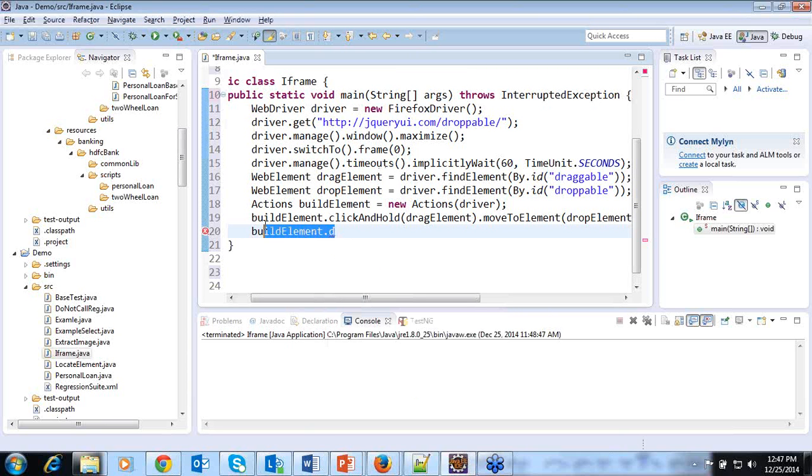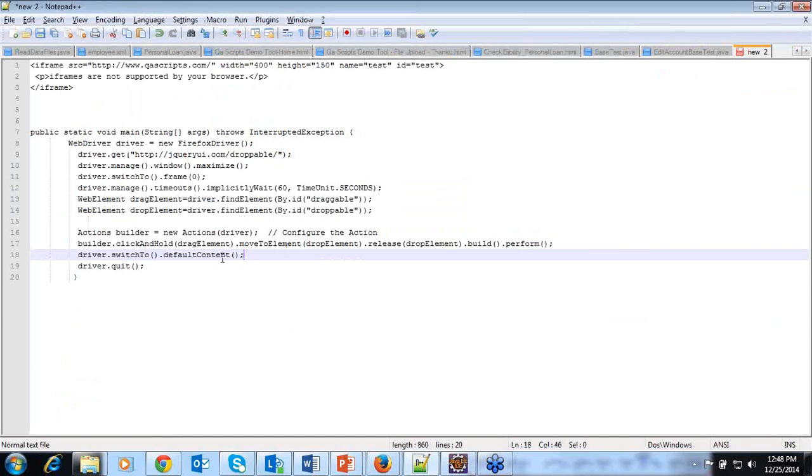I'm sorry. As I was explaining before, now the control will be on the frame. If you want to work with elements which are present on the main window, we have to switch back from the frame to the window. To do that we have one method called defaultContent.